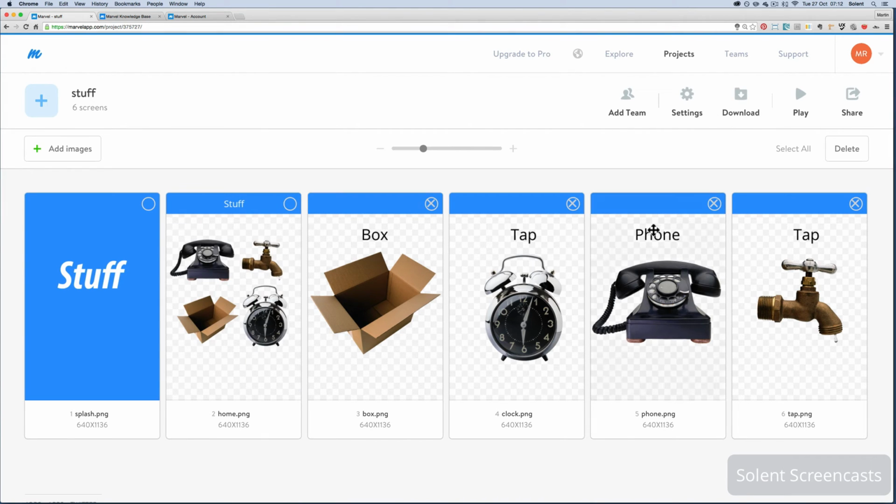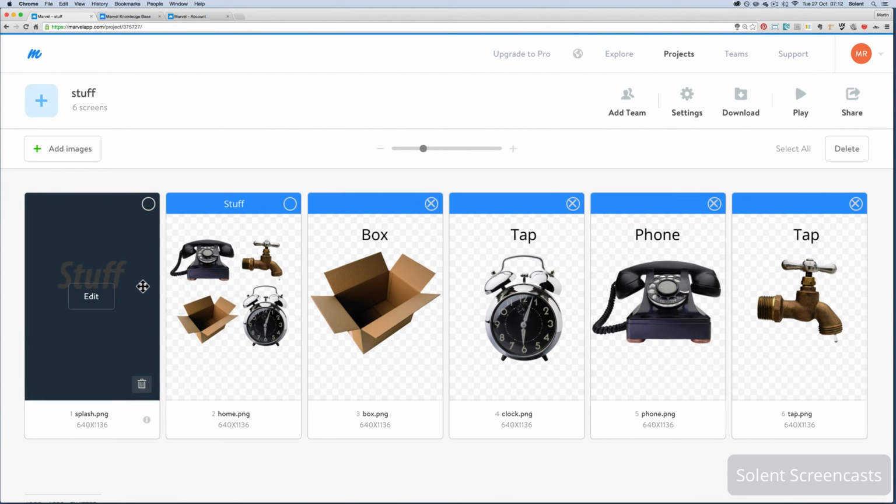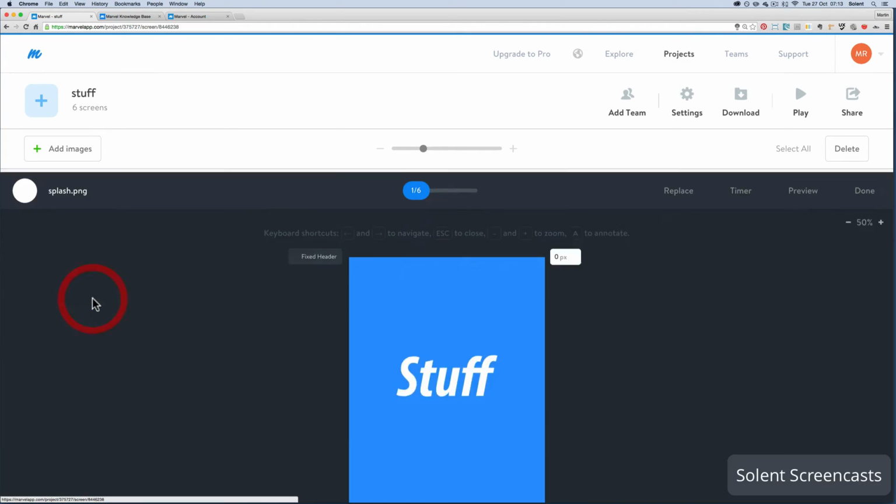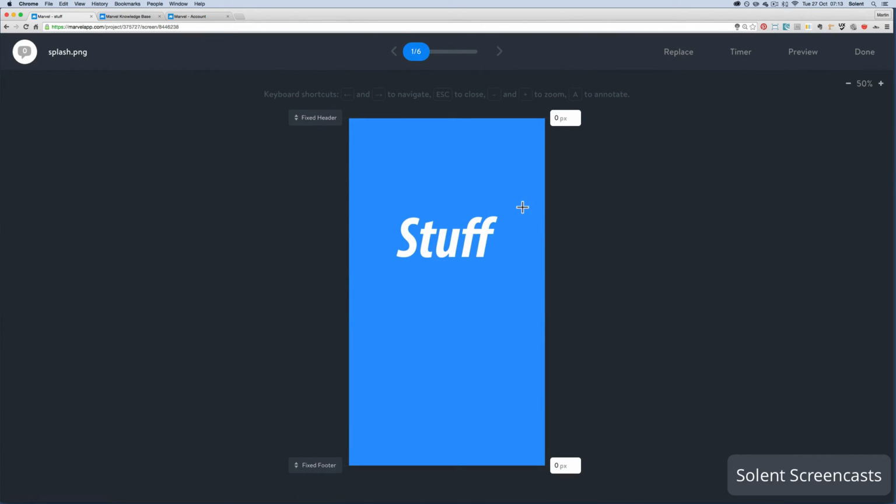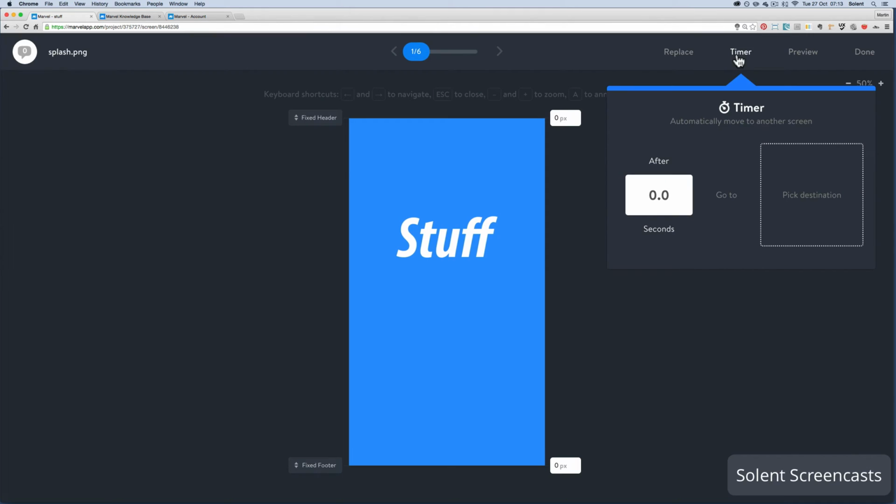Okay, so first up, what I will do is I will click on our first one, our splash screen, and I'll click edit. Now once I'm in edit, this is the edit mode. So what I can do is I can put a timer on there. I just want this to appear and then go away and go on to my home page or home screen. I click the timer and this says how many seconds you want it to be. So if I do 0.3 of a second or 0.5 of a second,